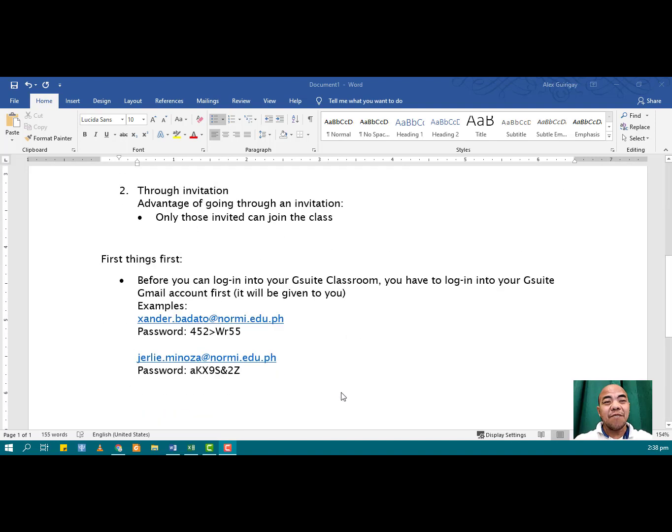Okay, first things first, before you can log in to G Suite Classroom, you have to log in to your G Suite Gmail account first. This Gmail account will be given to you by your school. If your school has a G Suite account, then you will be given a G Suite account and its password. We have two examples here. First is sandra.badato@norme.edu.ph. The second one is